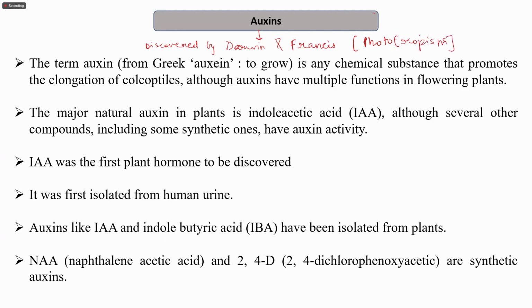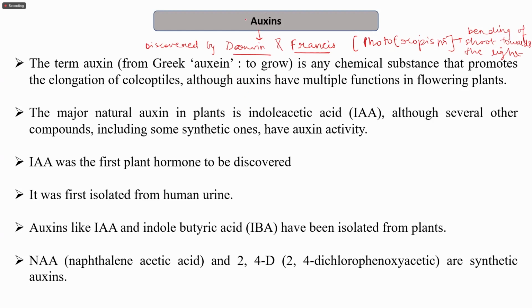So in this, what was happening is there was a bending of shoot towards the light. So this was observed by Darwin and Francis, and later on the molecule which was responsible for this phototropism was